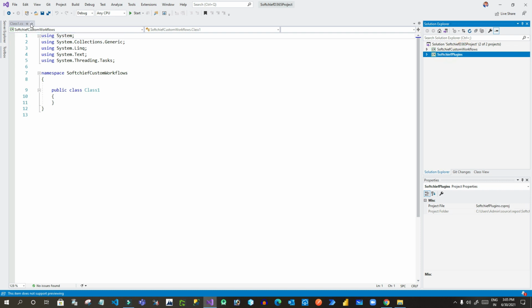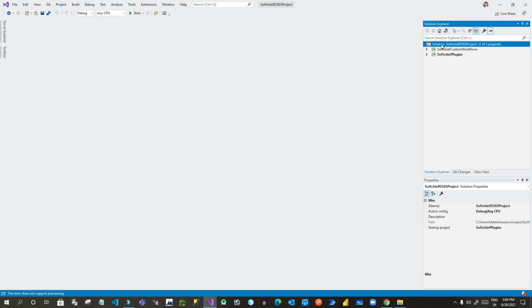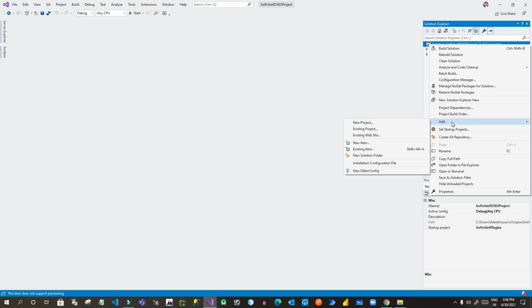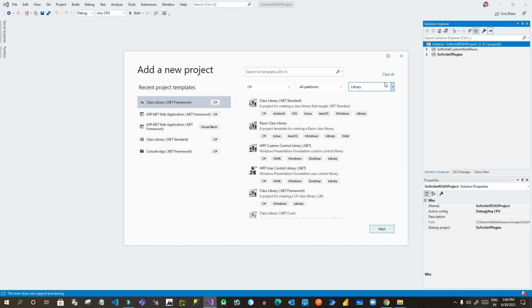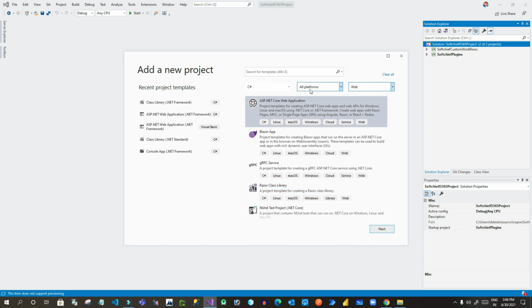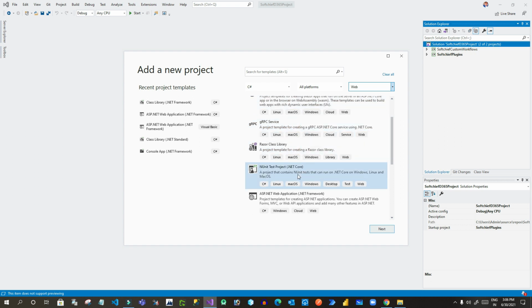And this is plugins. I want to create another project to store our custom JavaScript. So I will right click the solution, click on add, click on new project, and to store JavaScripts we need to have a blank website, because website is an ASP.NET application where you can keep adding your JavaScript files. So this time, instead of library, I will use this web application and C#, and select the ASP.NET Framework web application.